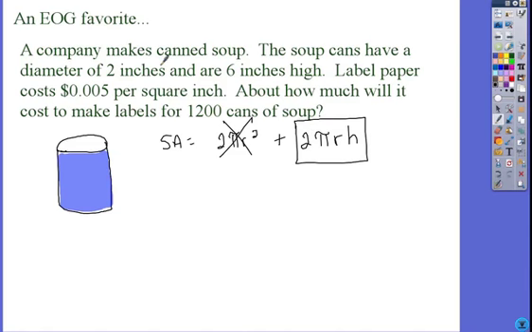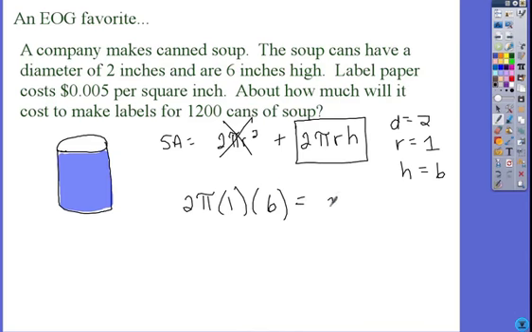So you forget the first part of the cylinder formula. So my radius, the diameter is 2, so the radius is 1, and the height is 6. So I plug this into my formula, 2 pi times the radius times the height,